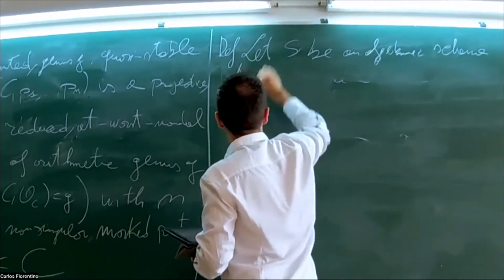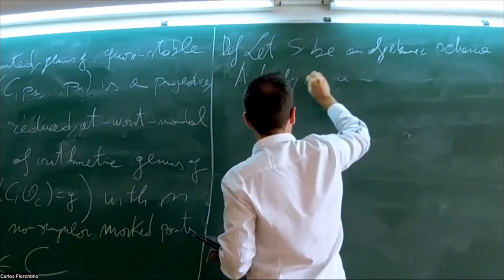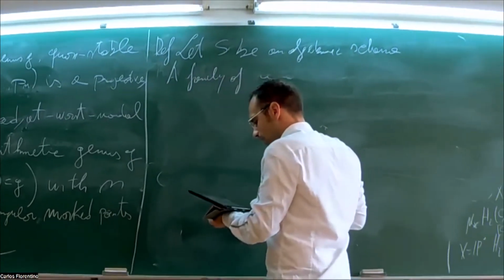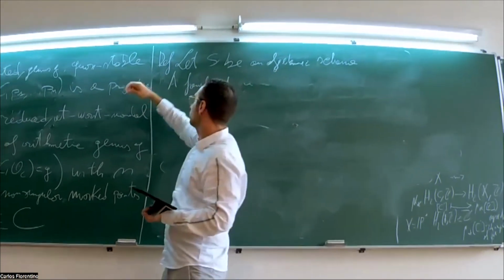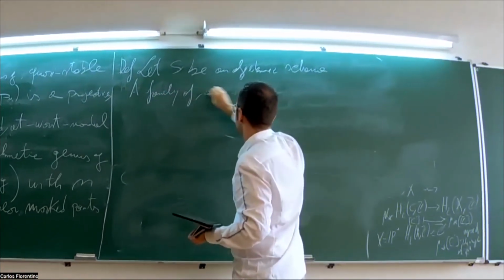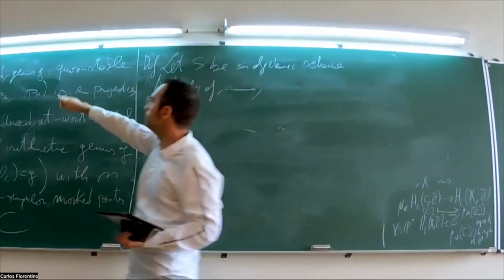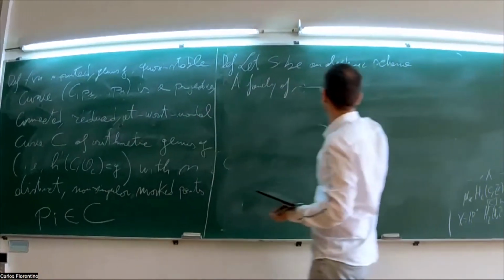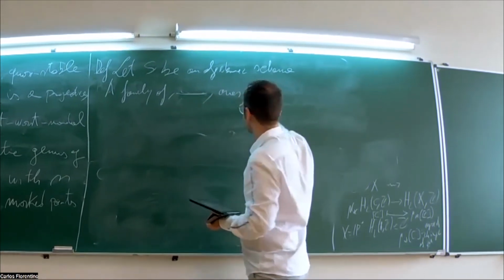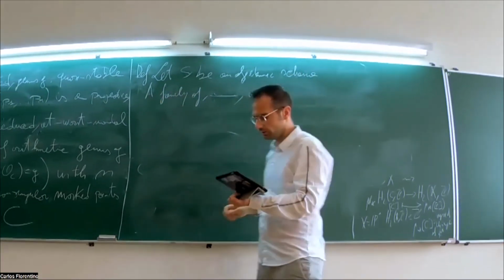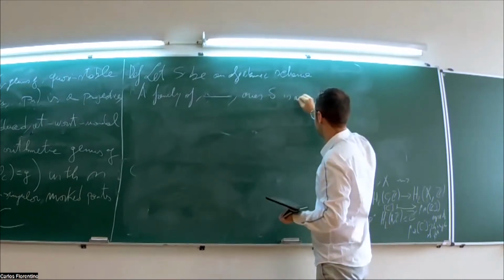A family of this one, of any genus g quasi-stable curves over S. I mean, a family of that object over S is a flat projective map